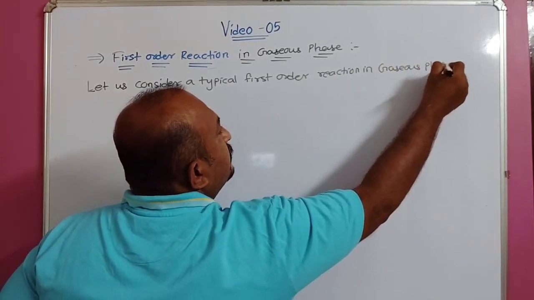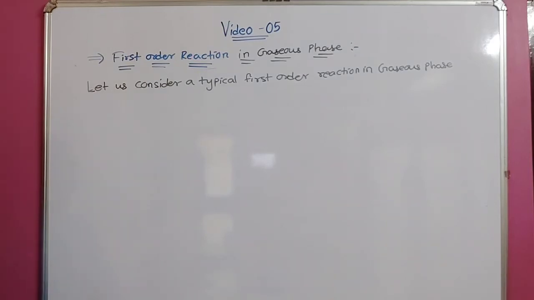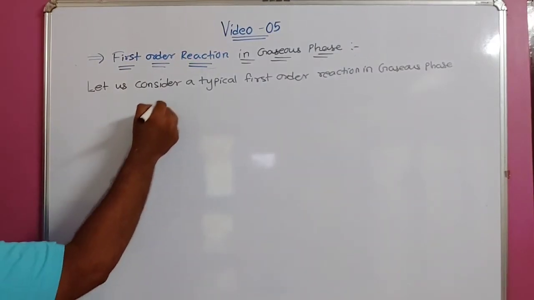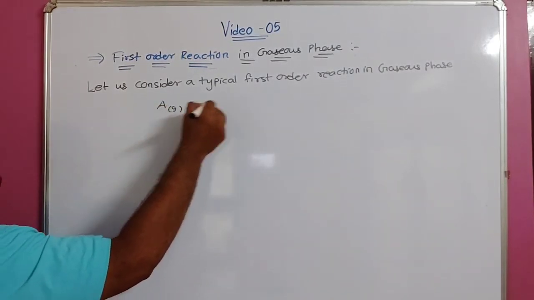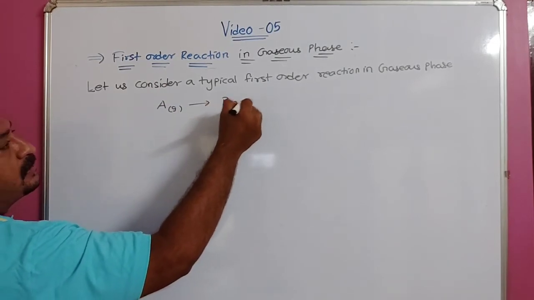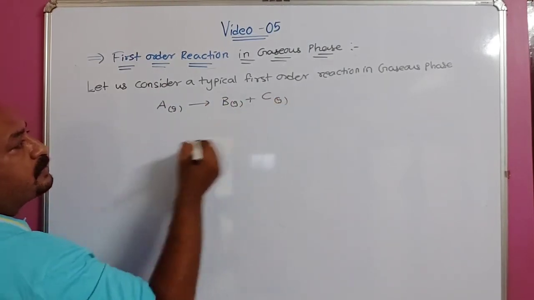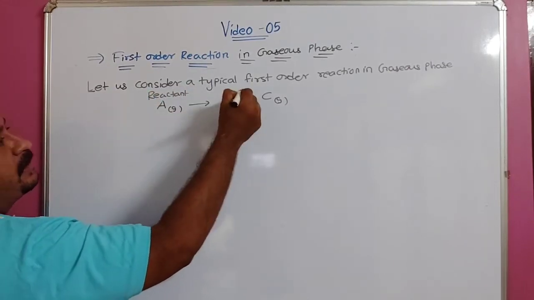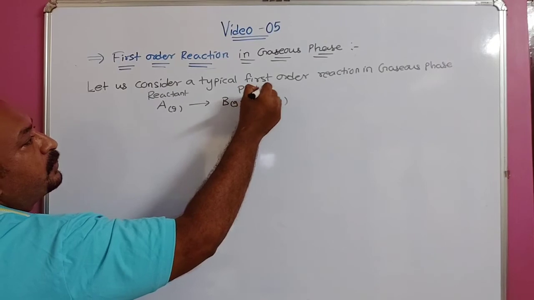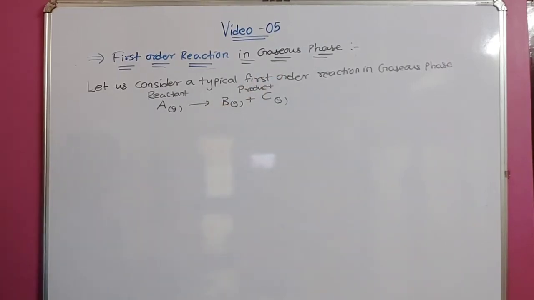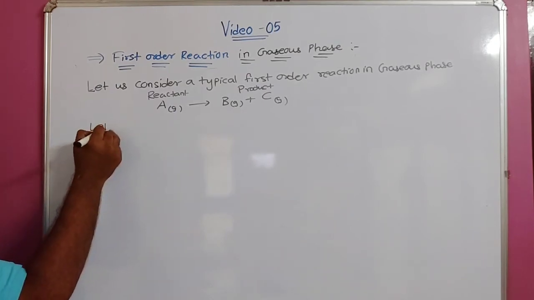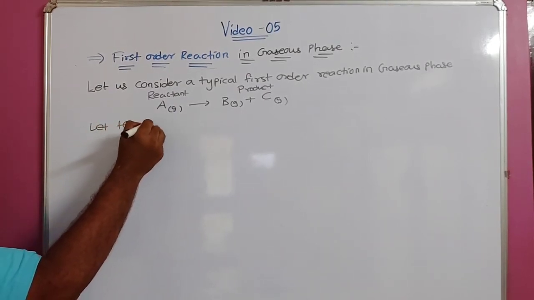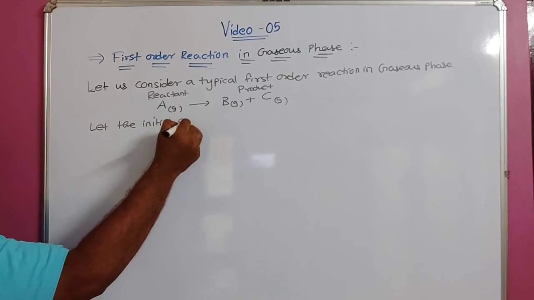Which phase? Gaseous phase. Suppose the given reaction is A in gaseous phase gives B plus C. So this is your reactant part, right? And this is your product part. Understood? Now suppose we let the initial pressure